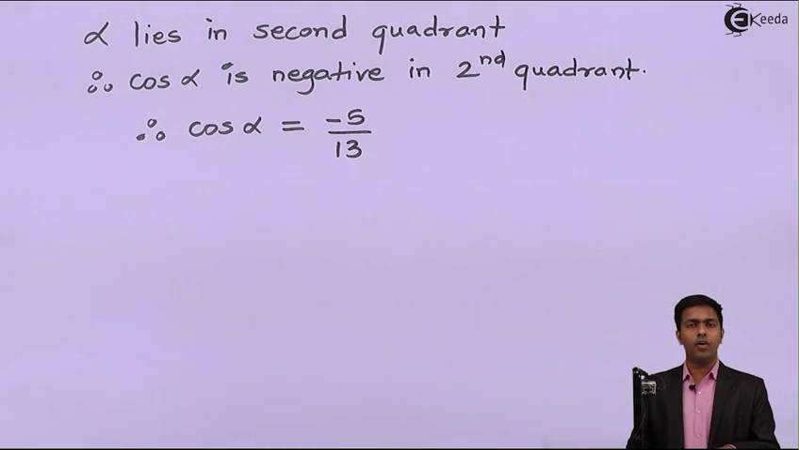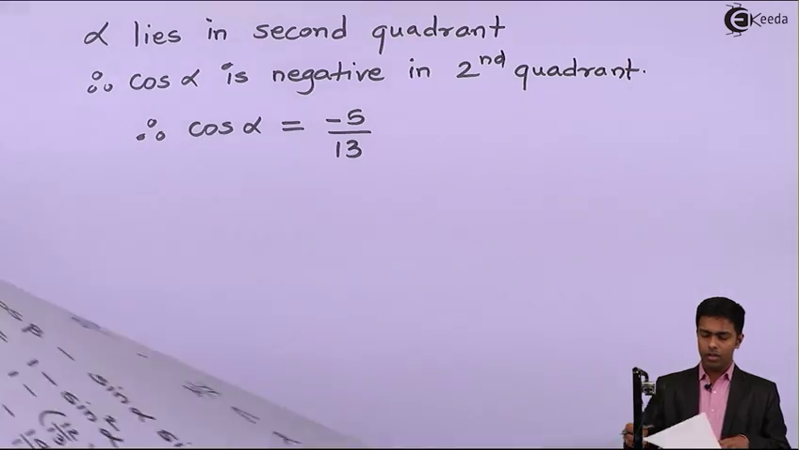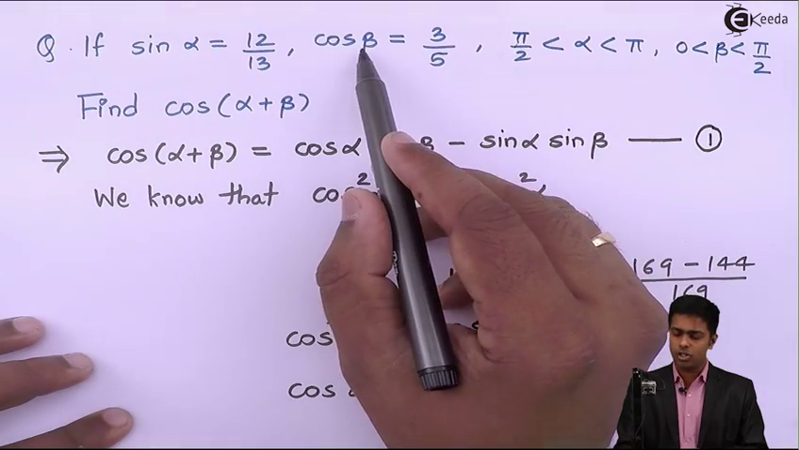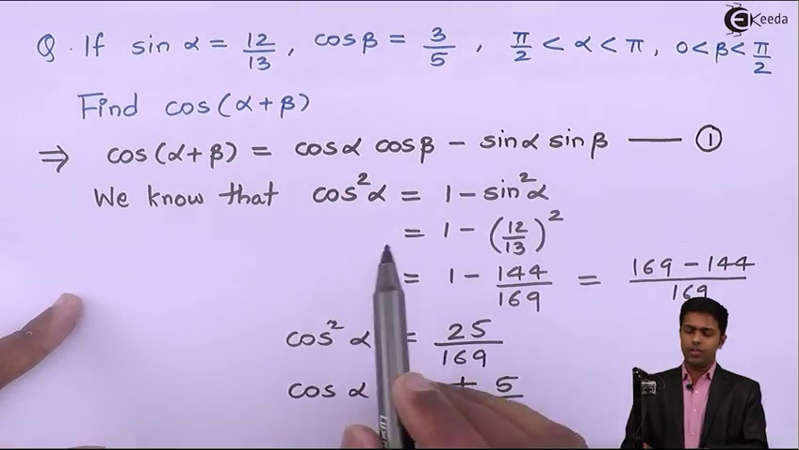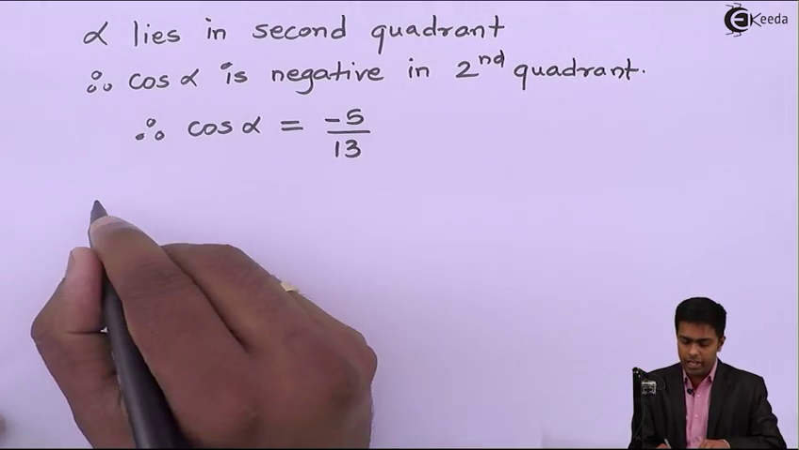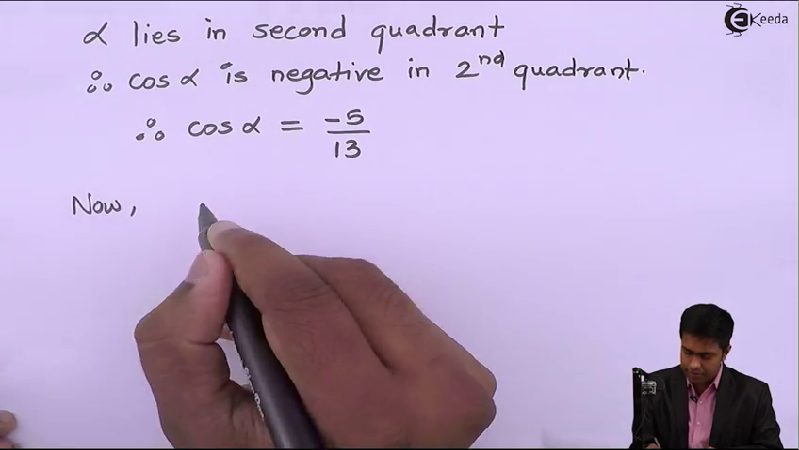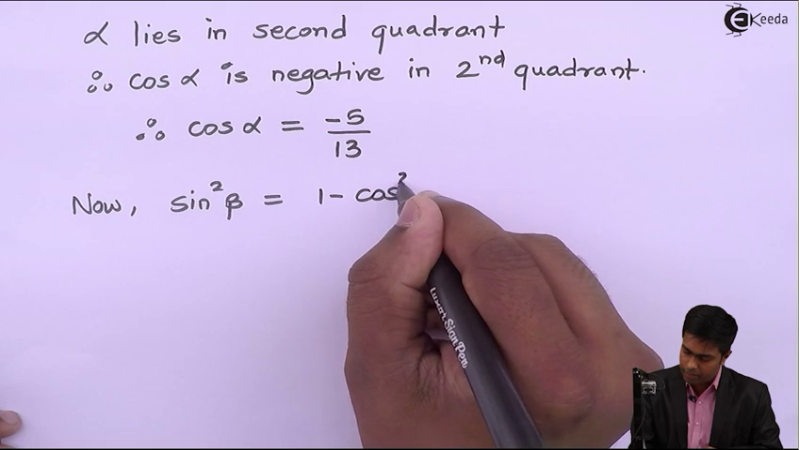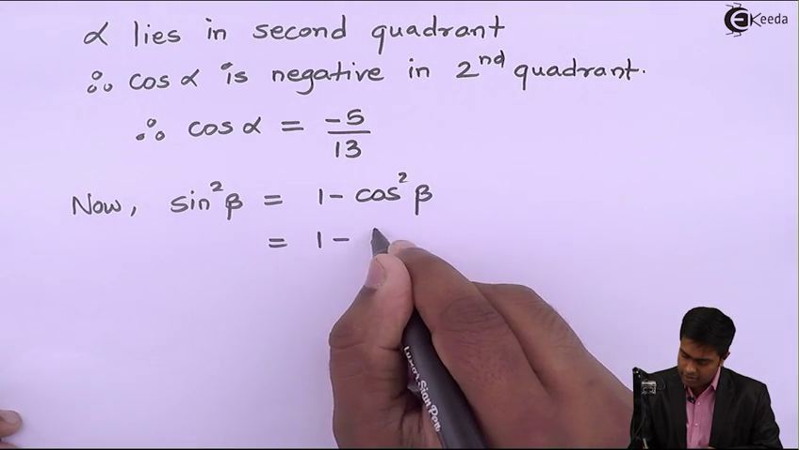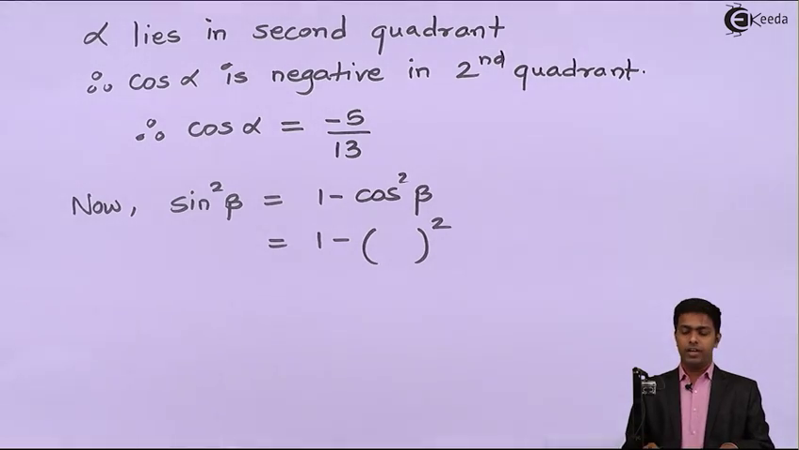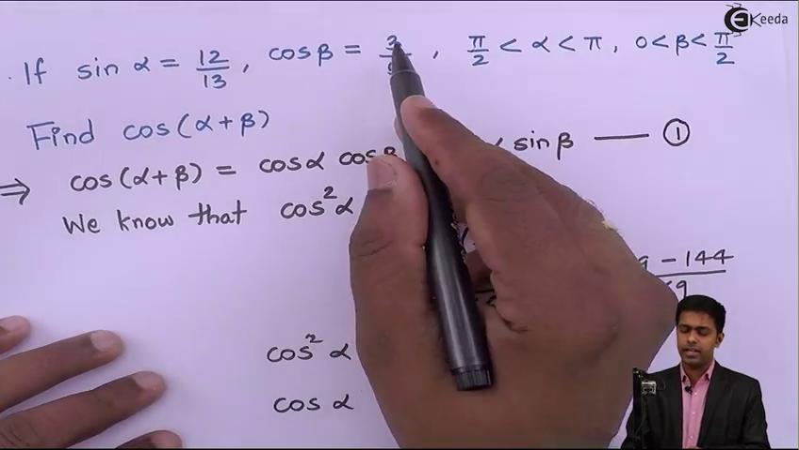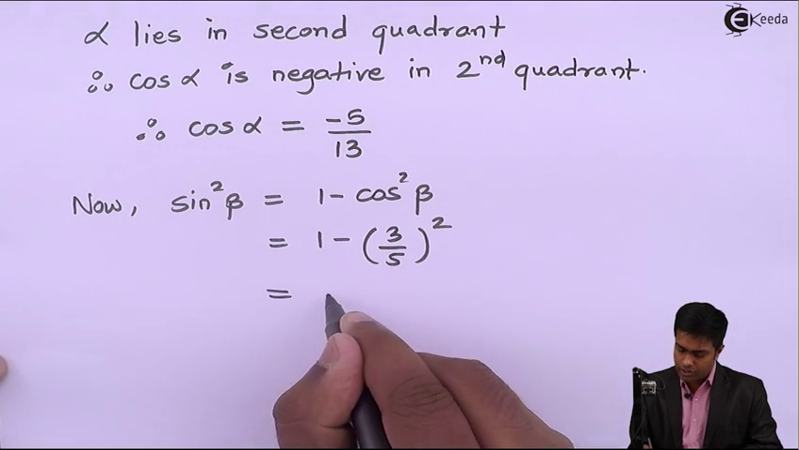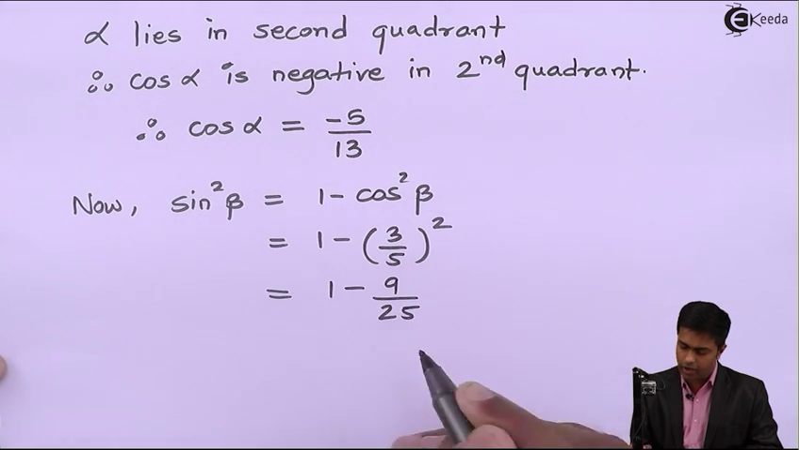So we got the value of cos alpha. Now let's find out the value of sin beta from cos beta. Again I will use the same identity. So now I'll say sin square beta is equal to 1 minus cos square beta, which is equal to 1 minus cos beta the whole square. Now what is the value of cos beta? Cos beta is 3 by 5. So here we will get 1 minus 3 by 5 the whole square, which is 1 minus 9 upon 25,